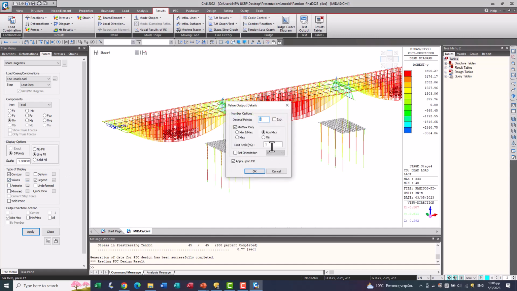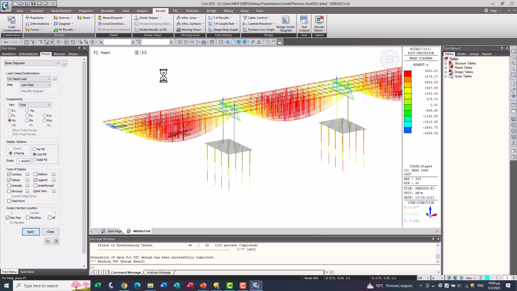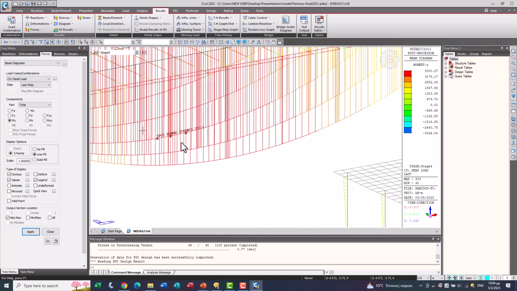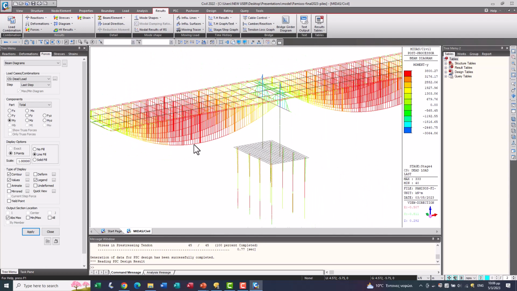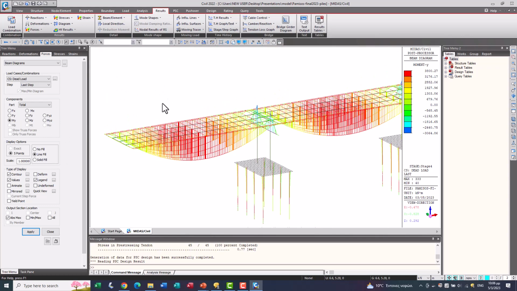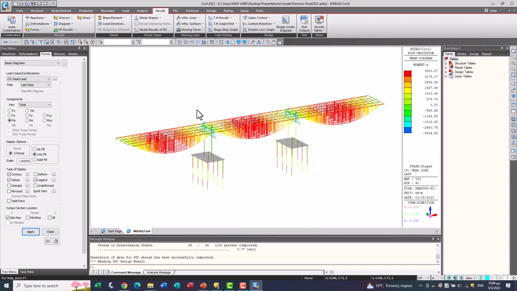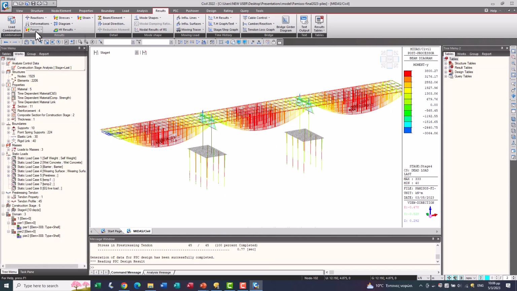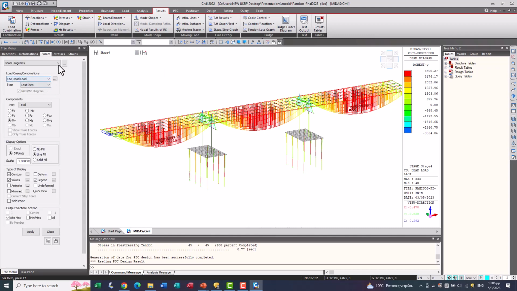Let's make it 0.1. Okay, now that we have concluded and that our analysis is correct, I'll check some bending moment diagrams for earthquake.